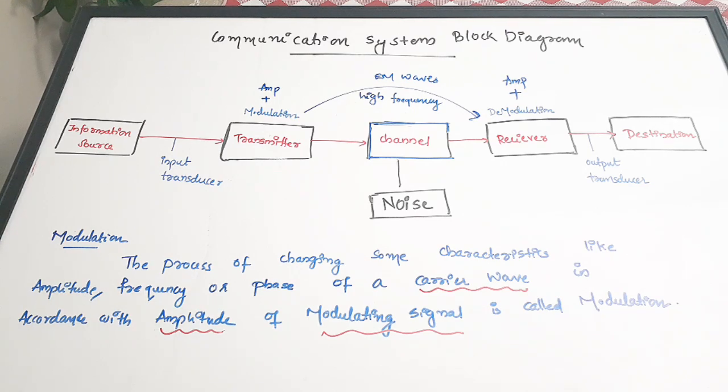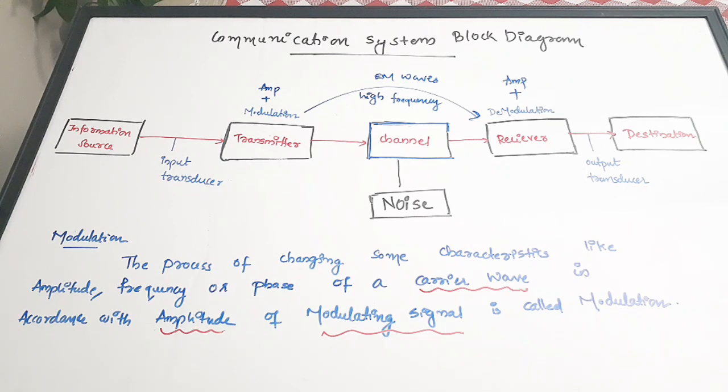We'll be studying the needs of modulation anyway, but just know that the information or message signal we are going to pass will be an audio frequency signal. The audio frequency signal will be low frequency and cannot travel longer distances. So in order to make our information travel a longer distance, consider that our destination is present at a longer distance. We need to make our signal travel to that distance.